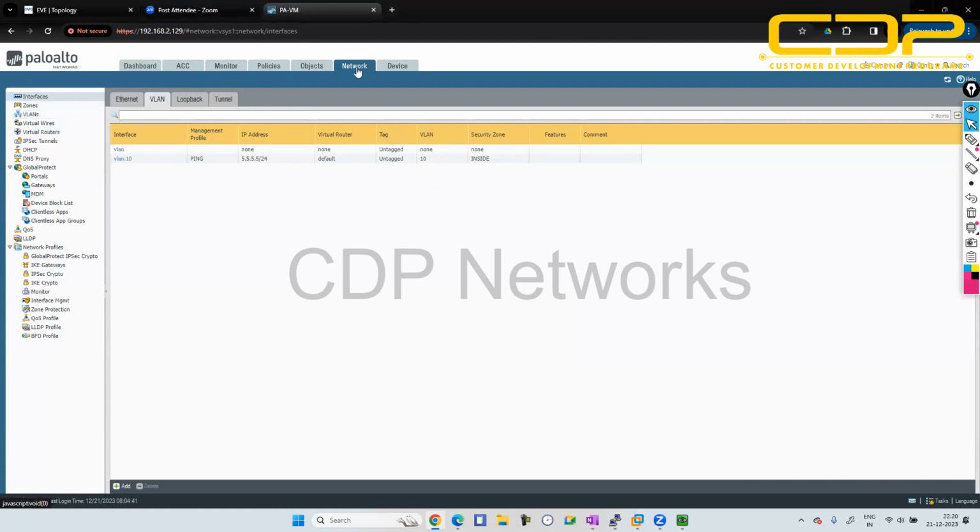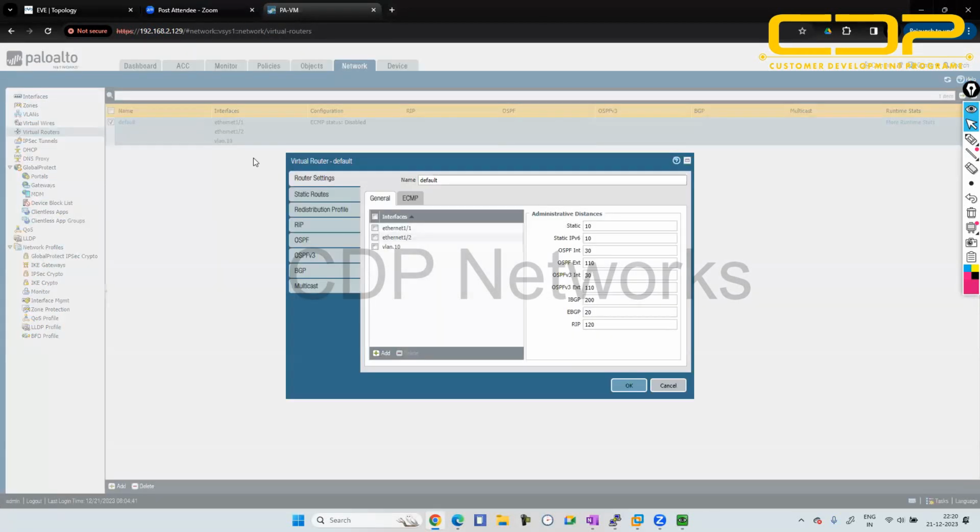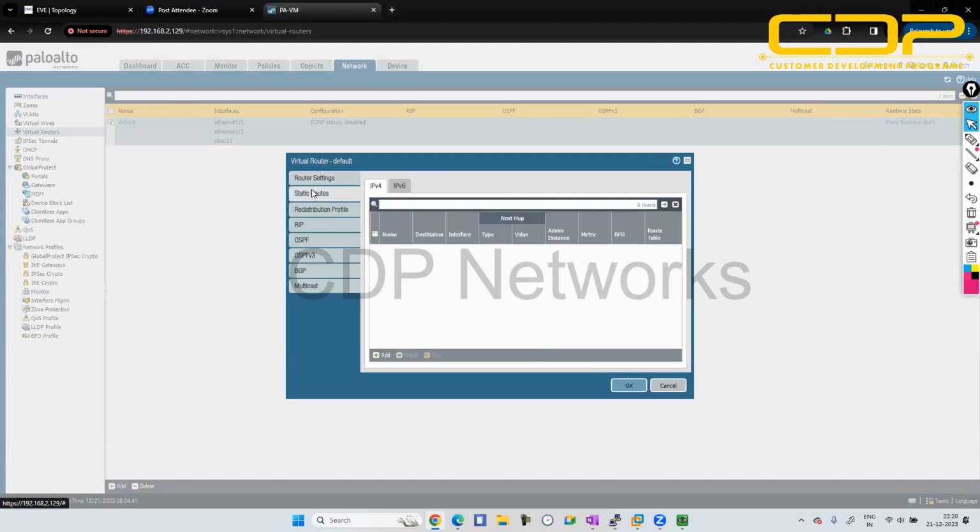You have to go into the Network tab, then click on Virtual Routers. Here by default we have this virtual router; I'm not creating any other. So on this default, I'm creating the static route. Tomorrow we are going to discuss how we can configure RIP and OSPF. In the static route, we just click on Static Routes. We can give any name, like I'm giving it the name XX, and then click